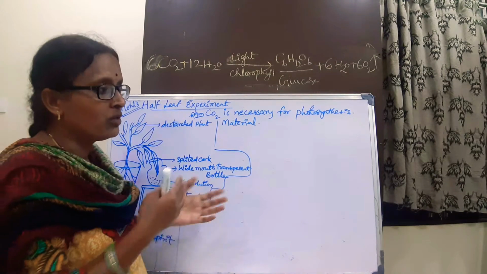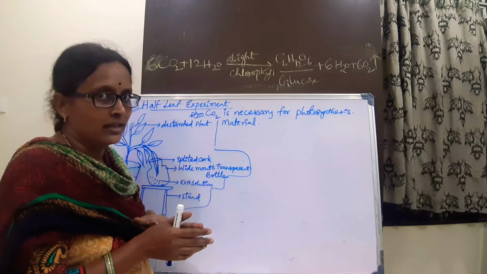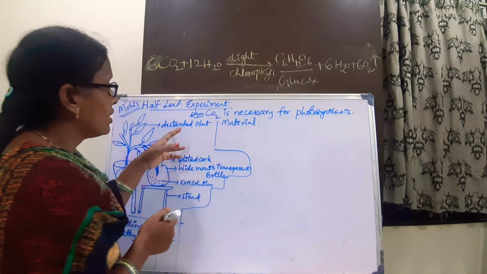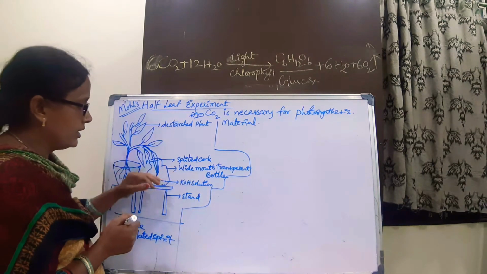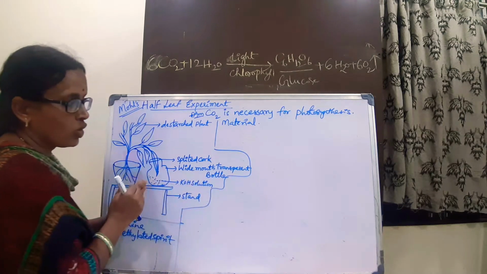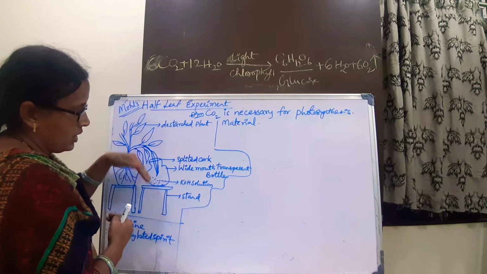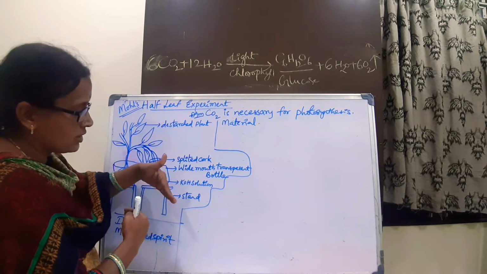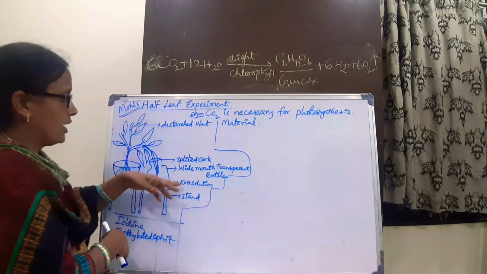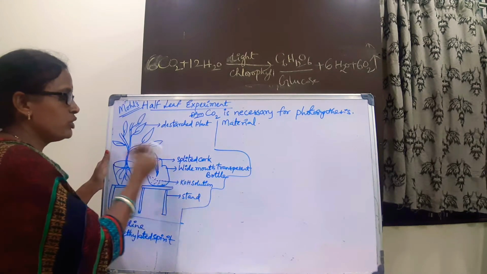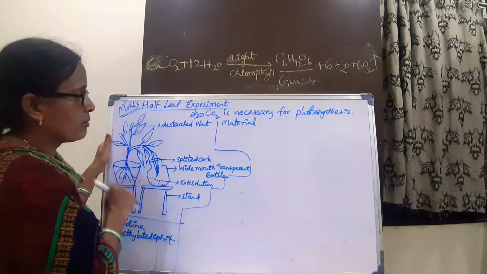If you ask whether we can perform this activity outside, madam, the answer is no, because you can't destarch the plant. What is destarching? I will tell you. So we are taking the potted plant and a wide-mouthed transparent bottle. Wide mouth, because we need to insert the leaf inside the bottle. Next, a split cork, from which we insert the leaf. And KOH solution. Of course we also use iodine, methylated spirit and a stand. All these are the apparatus.